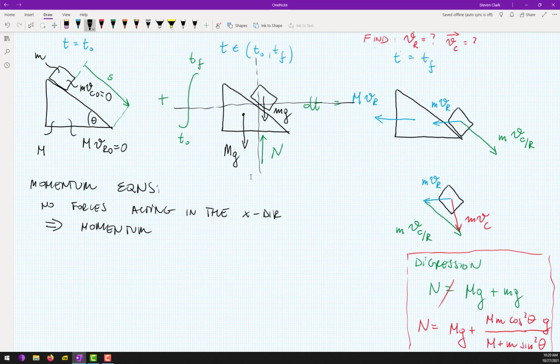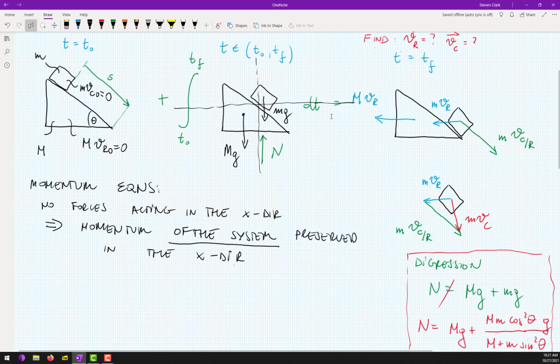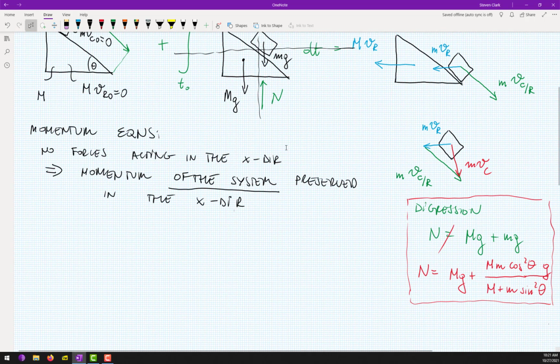Maybe even momentum of the system, yeah? Of the system preserved in the x direction. Cool. So let's write in the x direction, and let's say that this is the positive direction. Let's do it. So at the beginning we have